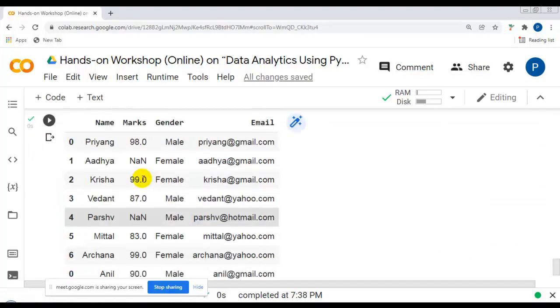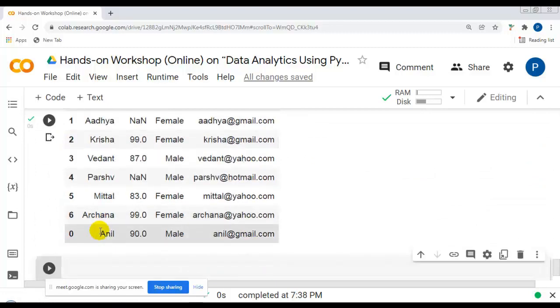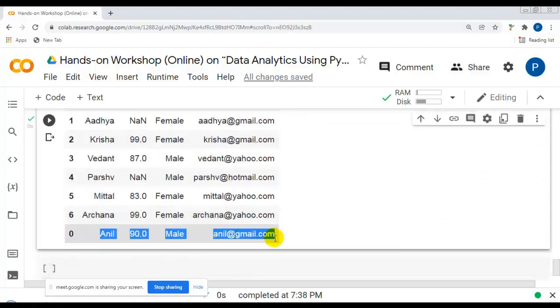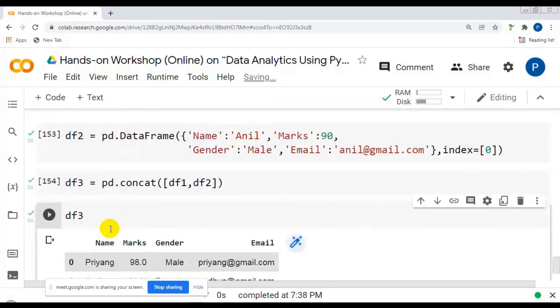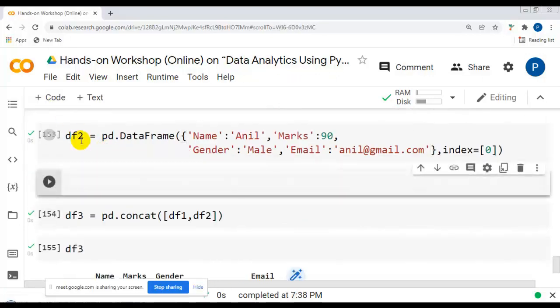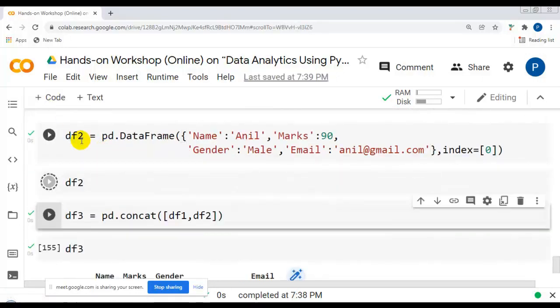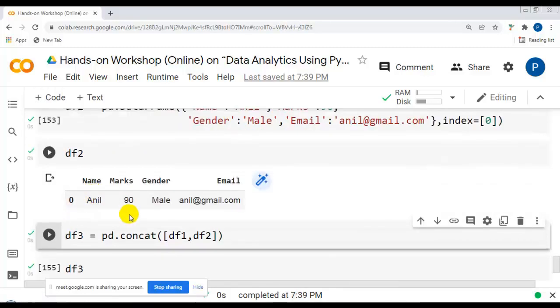You can see this is our data frame 1, and here is the new data frame which is added over here. But you can see it is creating a problem of indexing: 0, 1, 2, 3, 4, 5, 6, and again it is 0, because in our data frame 2 there is only one index 0.